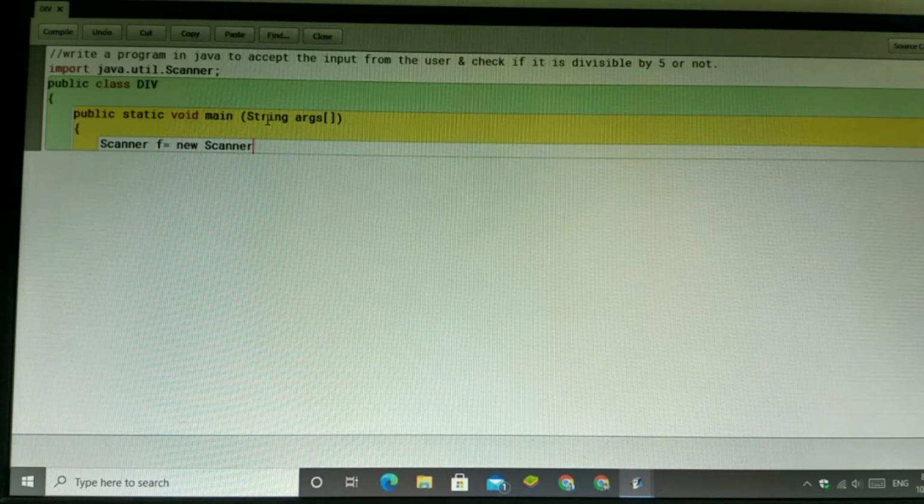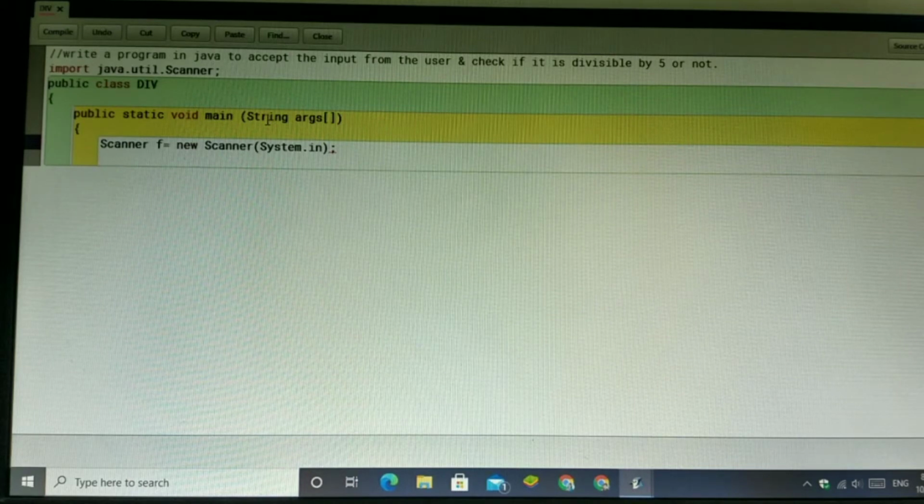new Scanner(System.in). Here Scanner is the constructor and System.in is for receiving the value. It allows you to give permission to access the value from the console. Then we are entering the number here and checking it.